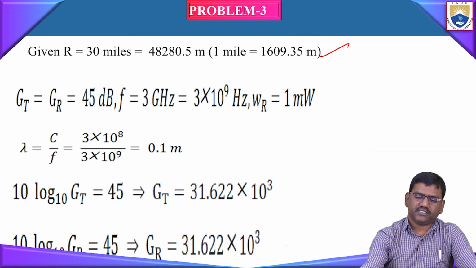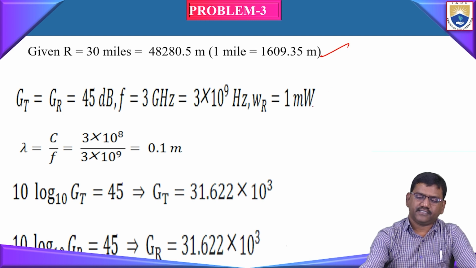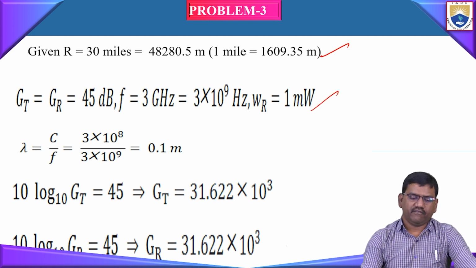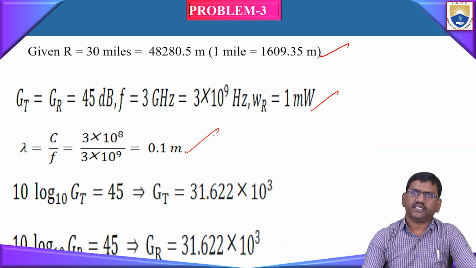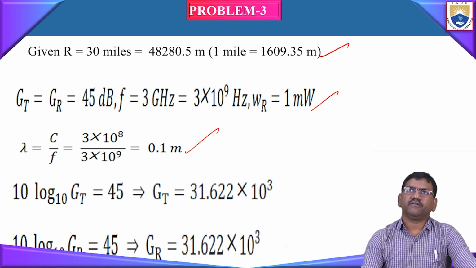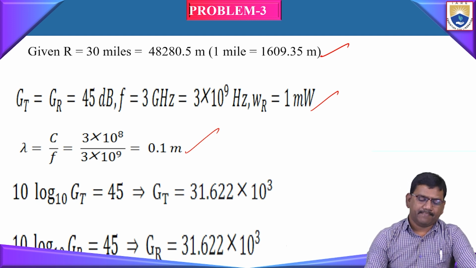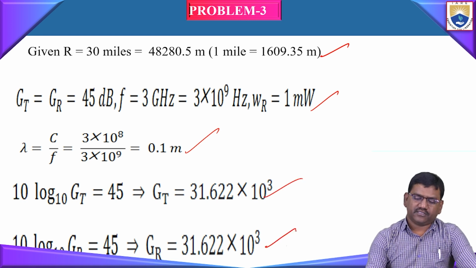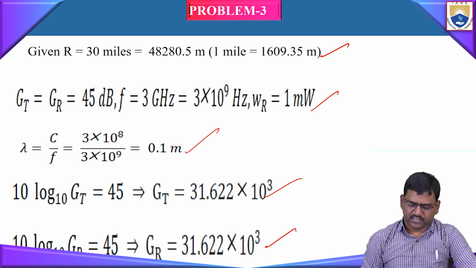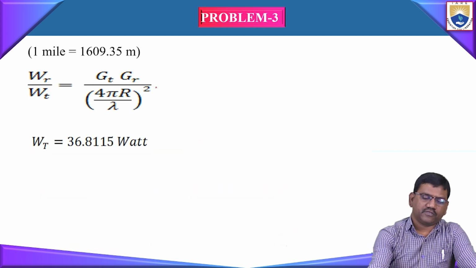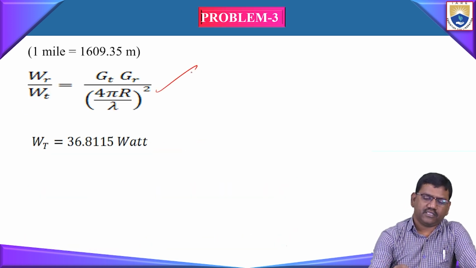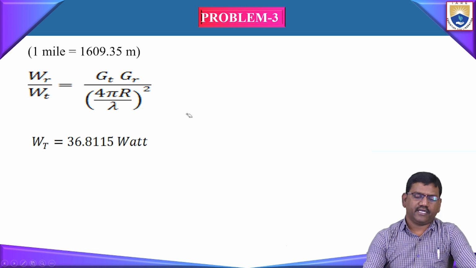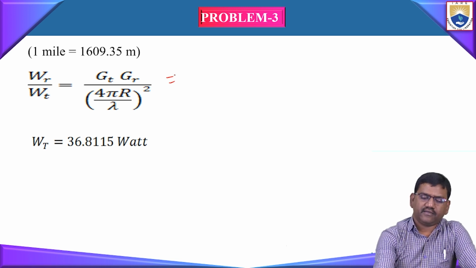So GT is equal to GR, we got 3 gigahertz, and WR is given as 1 milliwatt, and lambda is equal to 3 into 10 power 8 by 3 into 10 power 9, you will get 0.1. And we need to convert the dB value into decimal value here, so 31.622 into 10 power 3 here. So if you substitute all the given data here,